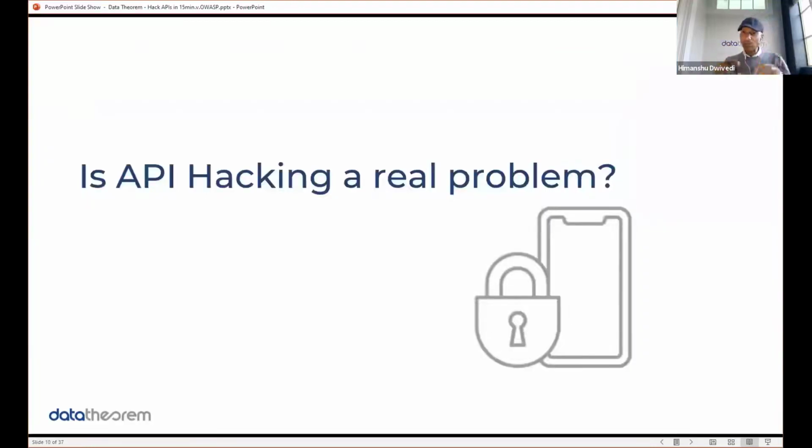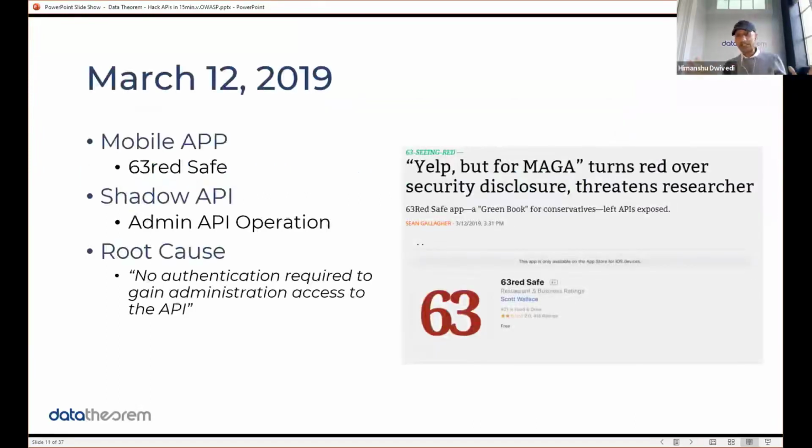The point I'm going to make next will really come full circle with API security because of the recent data breaches we've seen in the last 3 years with APIs. It's not sophisticated. It's hackers running wild on API security, and here's what they're doing. So don't listen to me. Don't listen to Data Theorem. Look at the news. Look at the data.